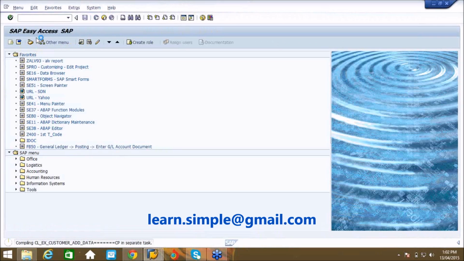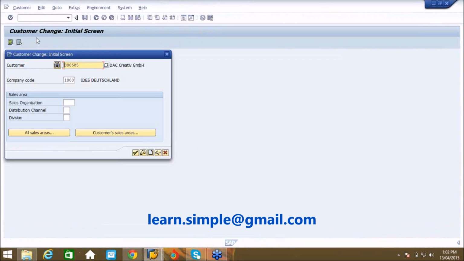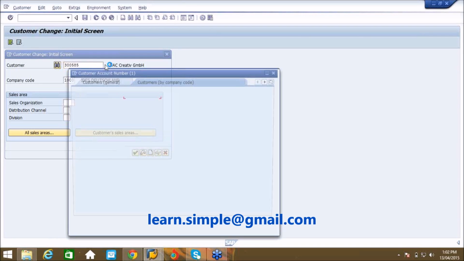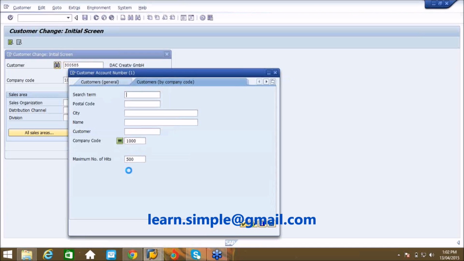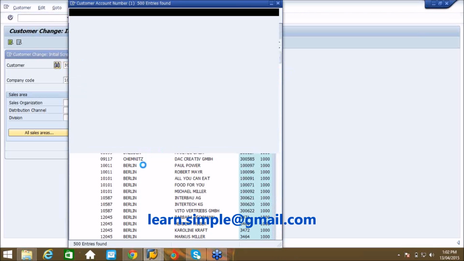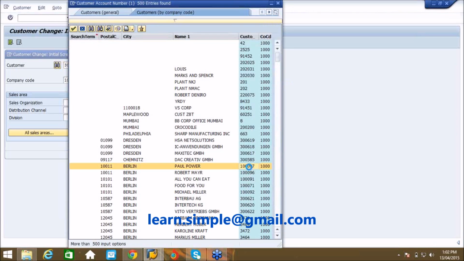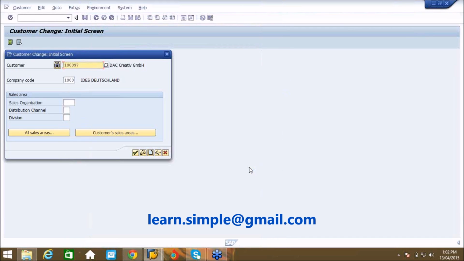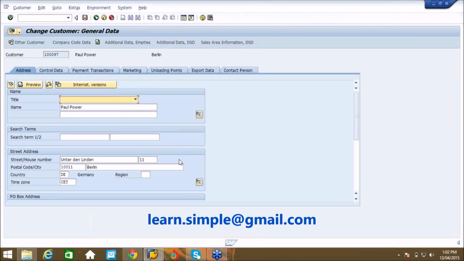XD02 transaction, I'll come from the beginning. I'll take any customer. Press enter. So some sort of changes I would like to do and save it.